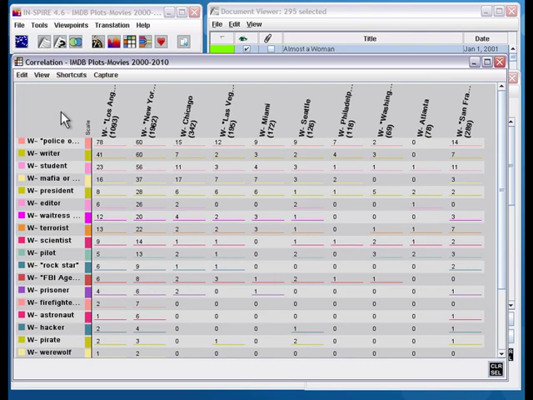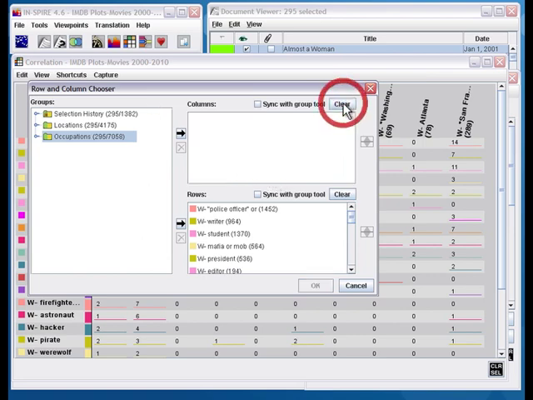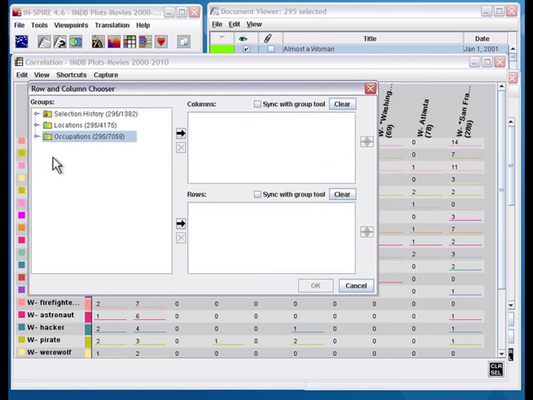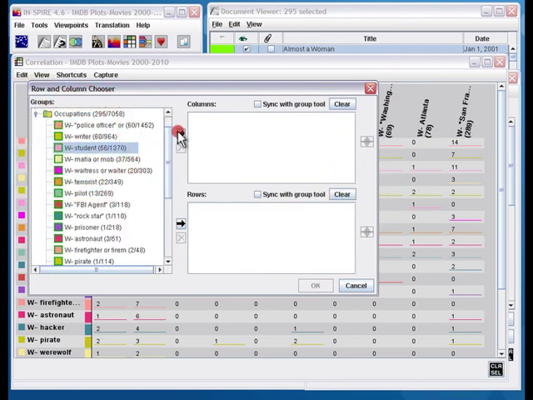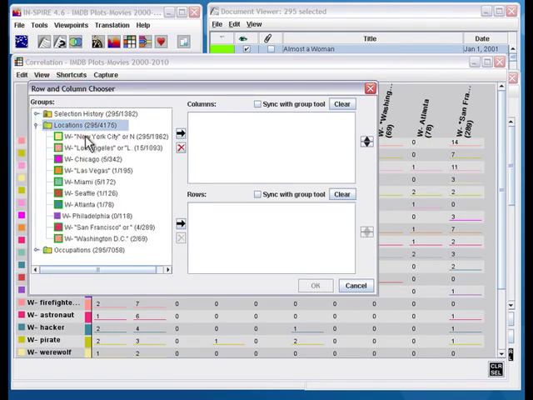Now, if you wanted to try out some other combinations, you can go under Edit and choose Row and Columns, and you'll get back to that chooser when the correlation tool first opened. And you can clear these out, and you can put whichever ones you want. You don't have to put whole folders in, you can just put individual groups in. The other thing that you can do is, let me add just a few locations here